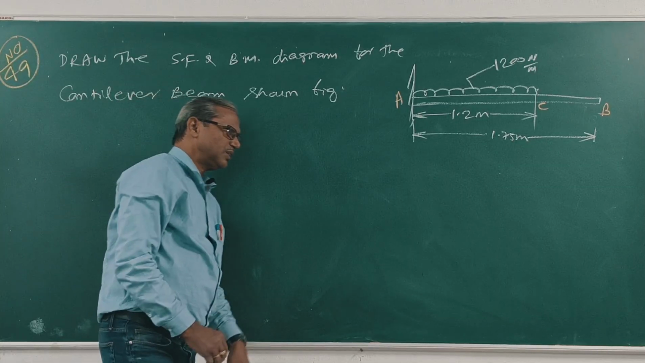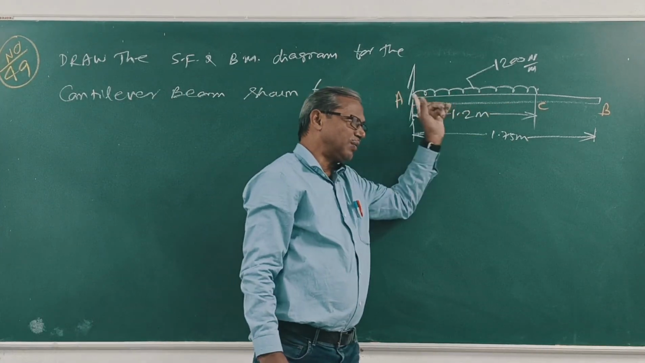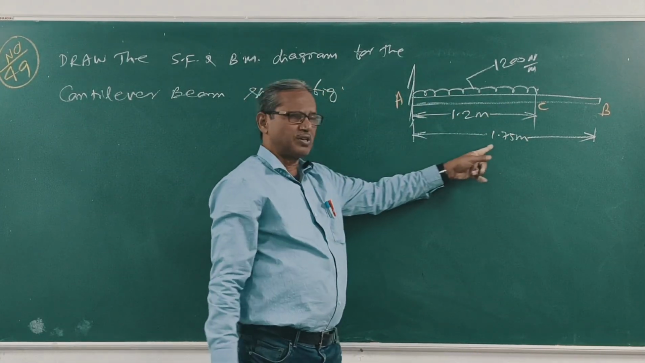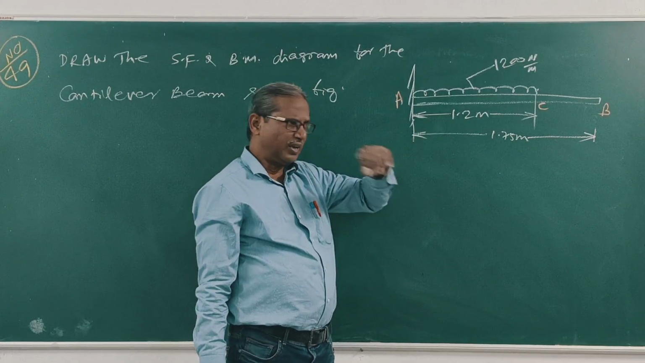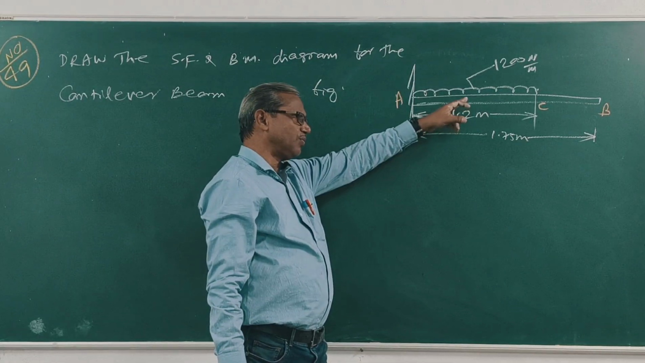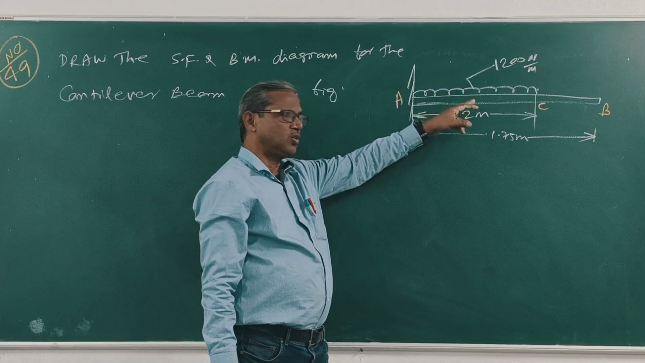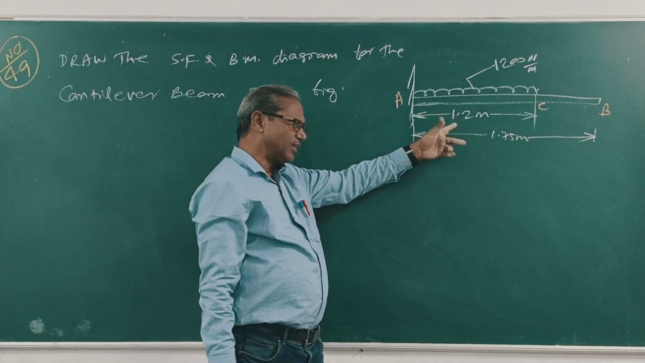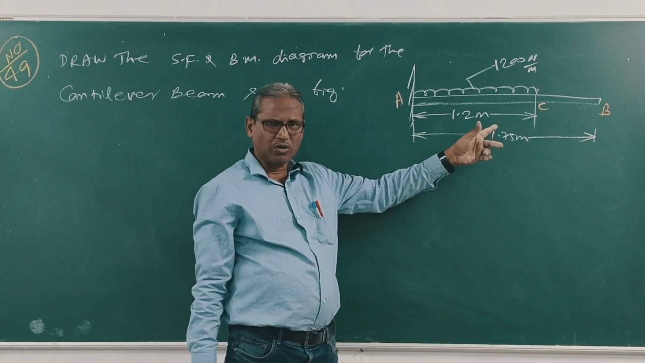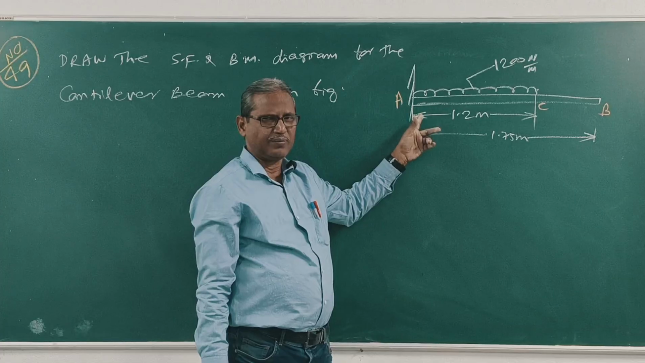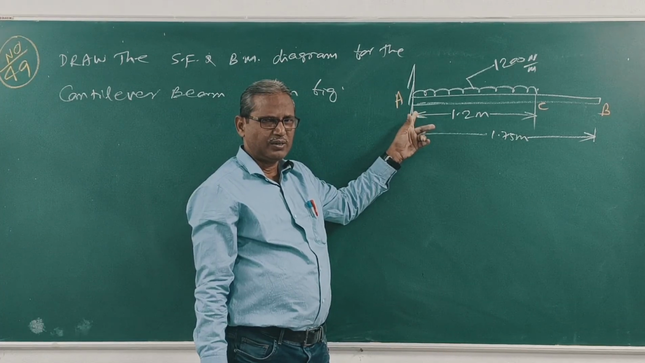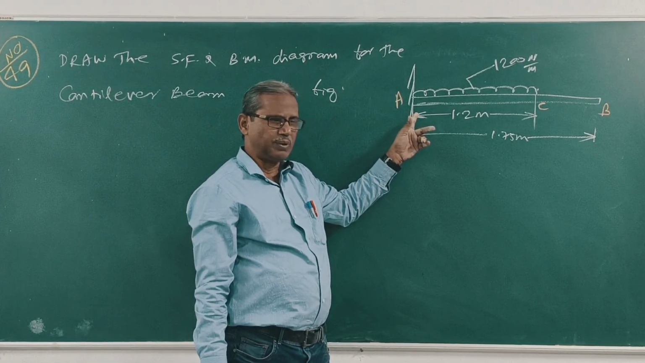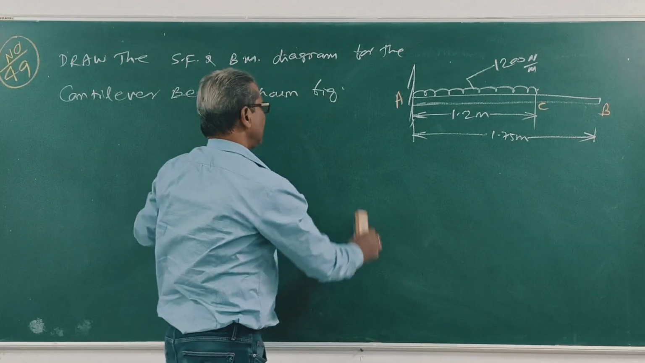Clear? The question is, a cantilever beam 1.75 meter long carries a UDL of 1200 Newton per meter for a length of 1.2 meter from the fixed end A. Draw the shear diagram. Clear? Now,